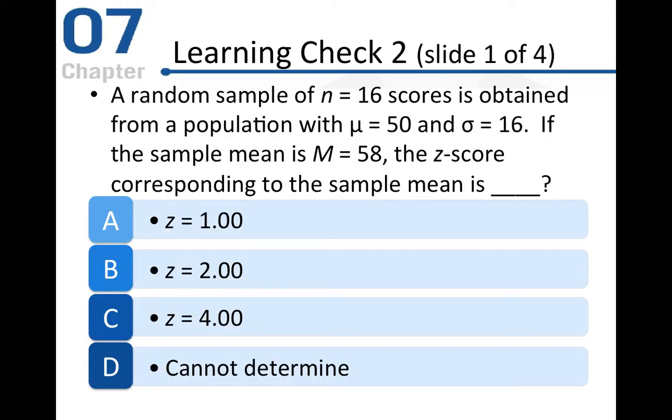Okay, so take a second to answer this. A random sample of 16 scores is obtained from a population with a mean of 50 and a standard deviation of 16. If the sample mean is 58, the z-score corresponding to the sample mean is